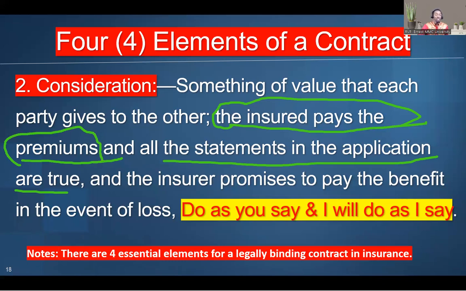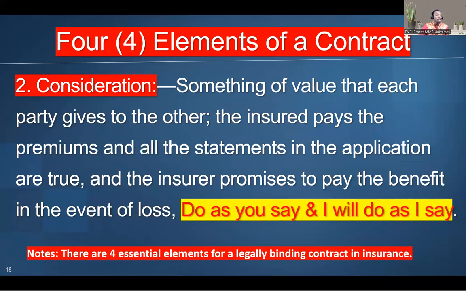And the second thing you need to do, you have to do this second part. And some people keep missing this part out. So if you're going to take a test question, just remember those are the two things that you need to do when it comes to your consideration as the insured. That's your part. As the policy owner, that's your job. You got to pay your premium on time and make sure the statements are correct. Now, if you do those two things,